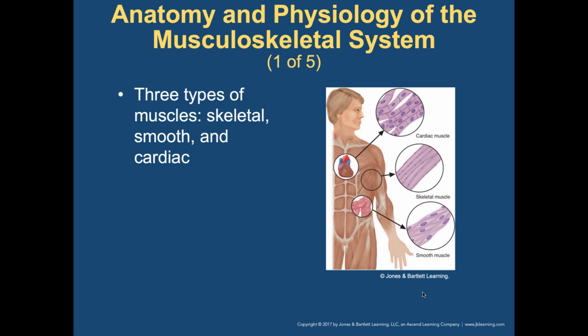So here are the three types of muscle. You'll have your skeletal, smooth, and cardiac muscles. If you look at the difference in them, let me get my mouse out here. All right. So your skeletal muscle is very fibrous. See how it is right in here? It's got the cells that go through there. Skeletal muscle is a little bit denser. And then the smooth muscles, they're all intertwined with each other because they all have to move in conjunction with each other to get the food down, because most of your smooth muscles are found in your stomach, most times in your abdominal cavity.